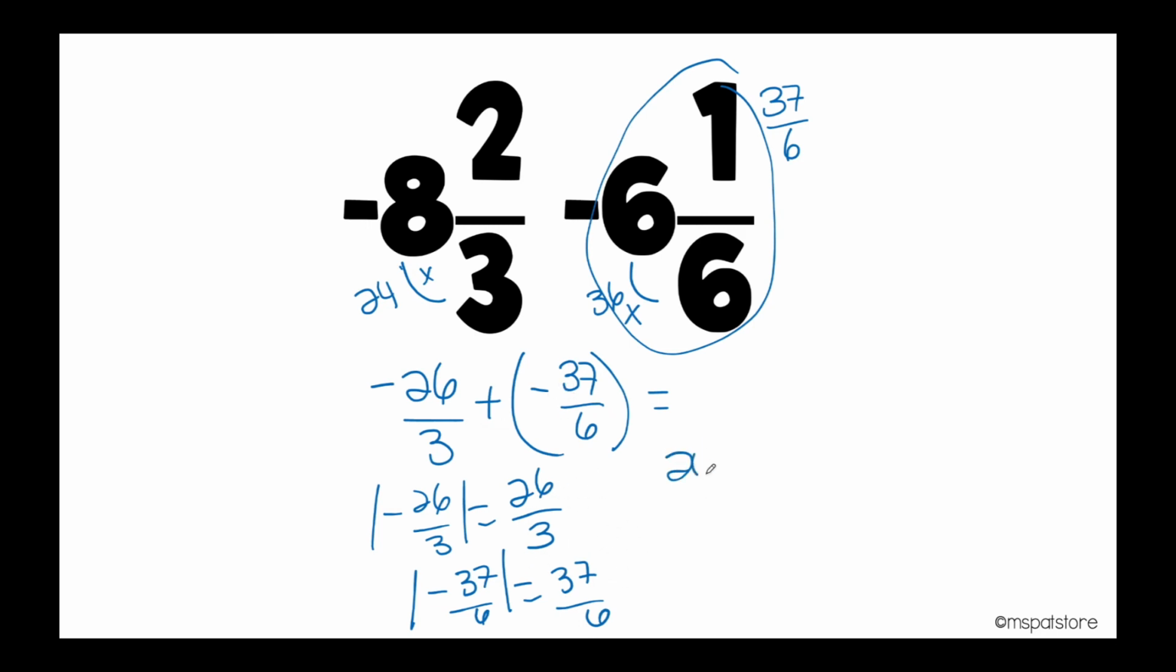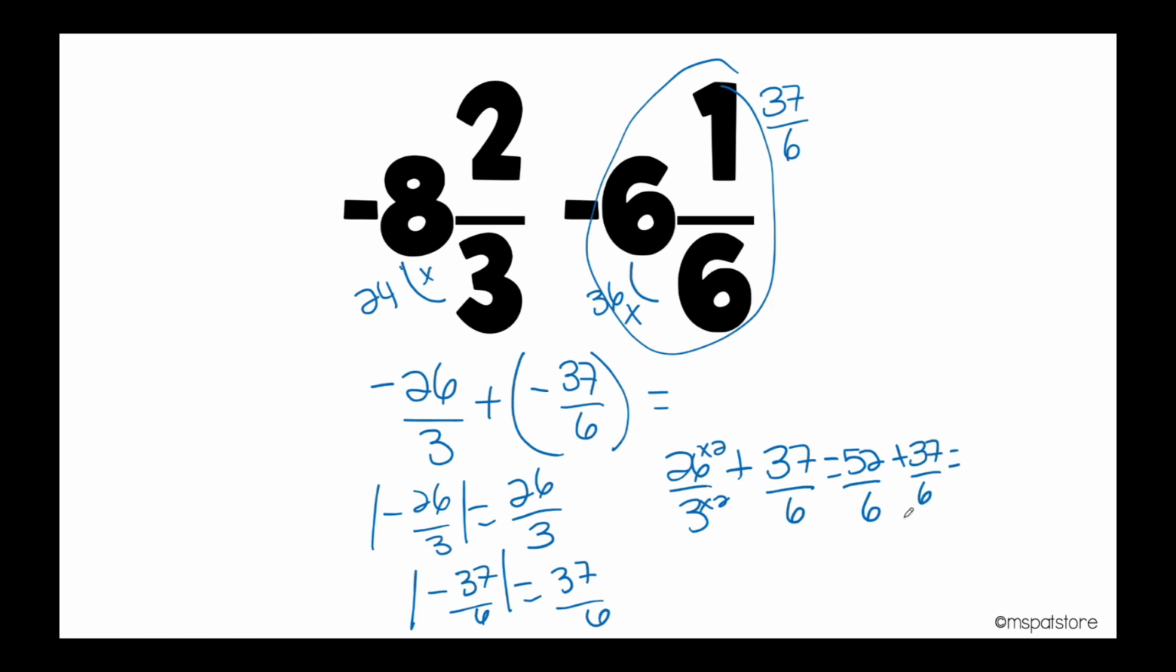So it will be 26/3 plus 37/6. As they have different denominators, I need to find the least common denominator. In this case, it is 6. So I'll multiply this one by 2. Remember, whatever you do in the denominator, you also need to do in the numerator. So I'll do 26 times 2, which is 52, and 3 times 2 is 6. So I have 52/6 plus